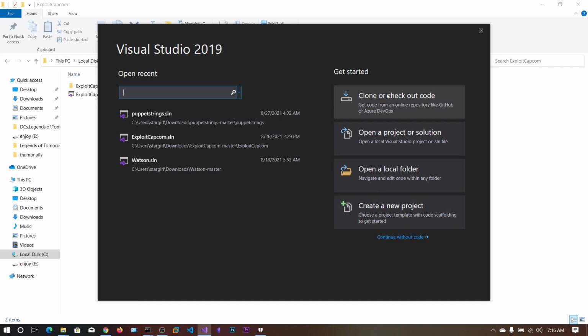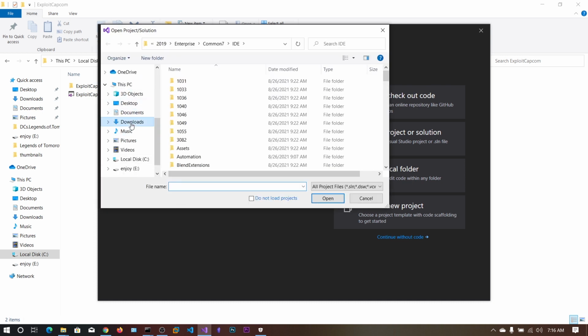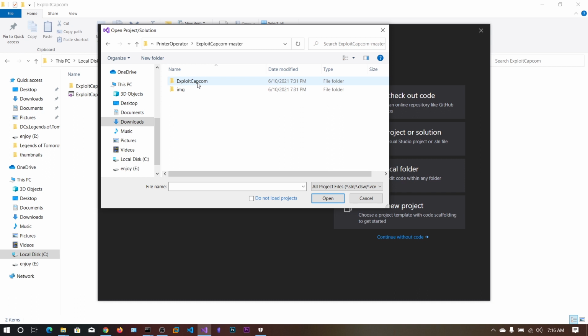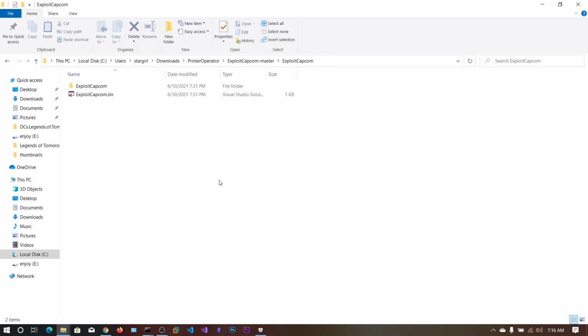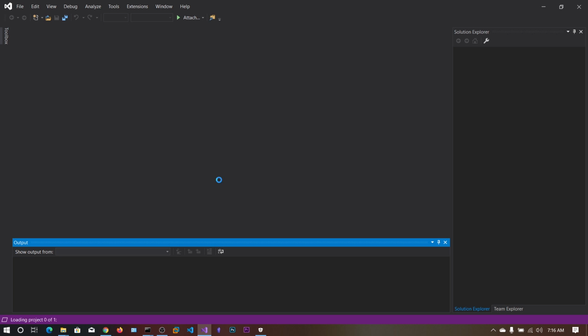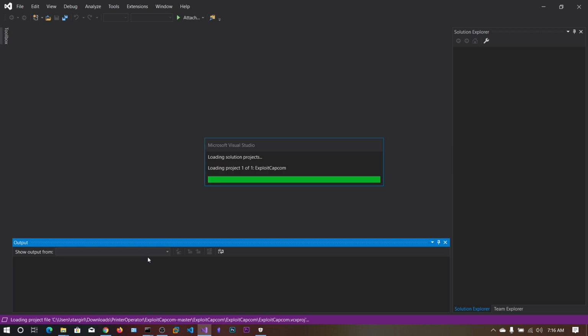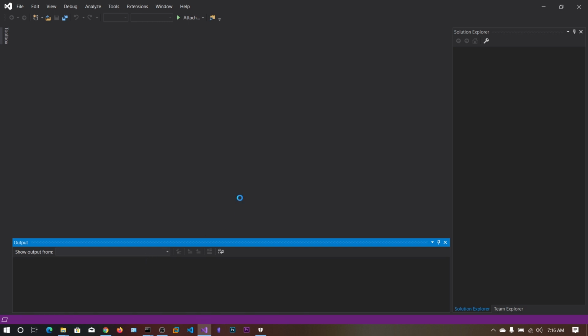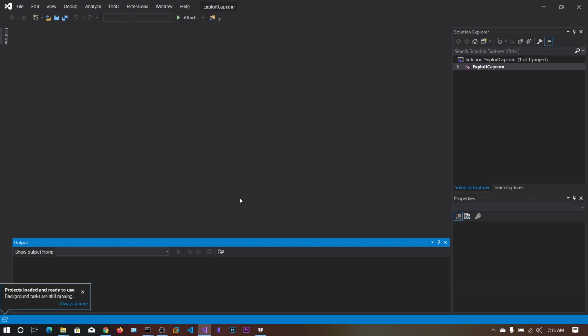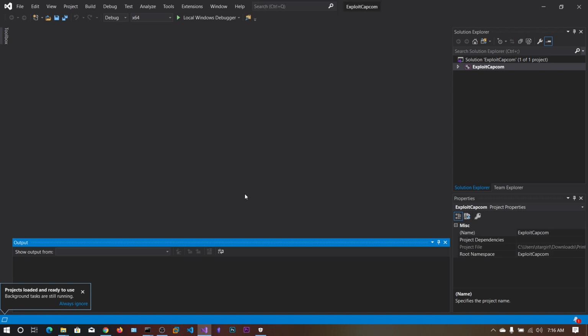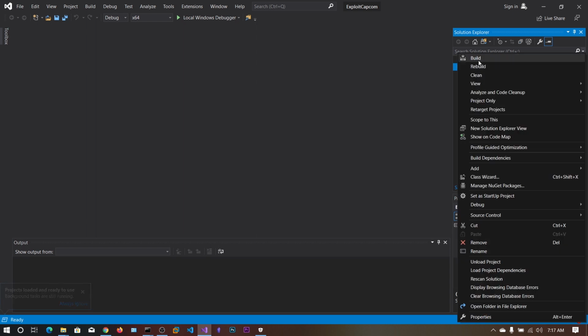So you can open a project or solution, go to downloads, now what you want to do is right click on this and click on build.